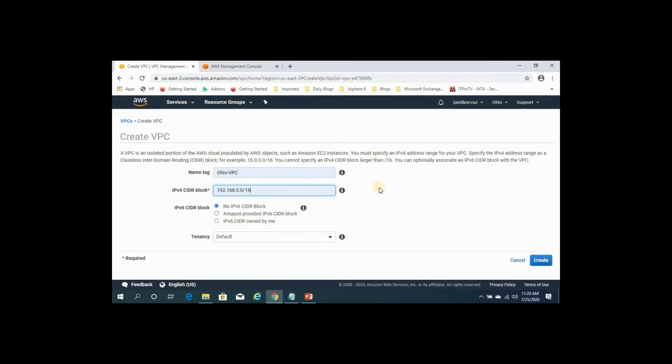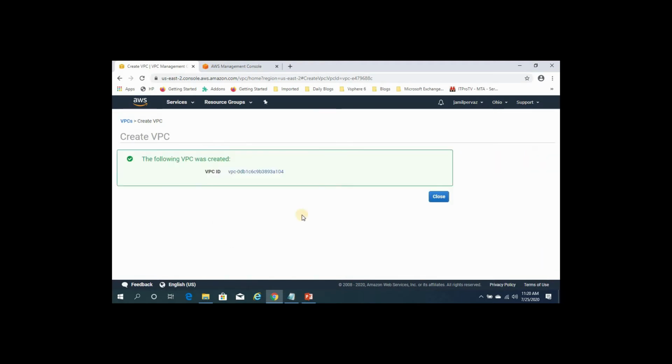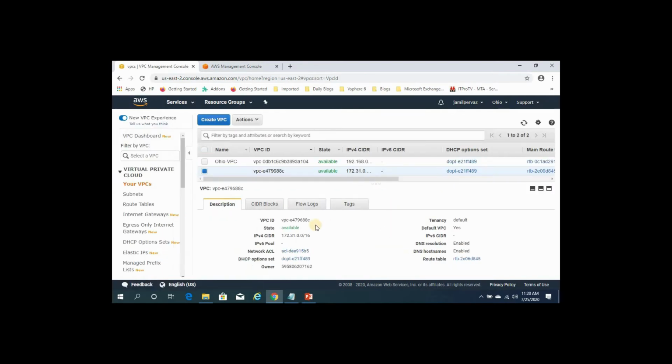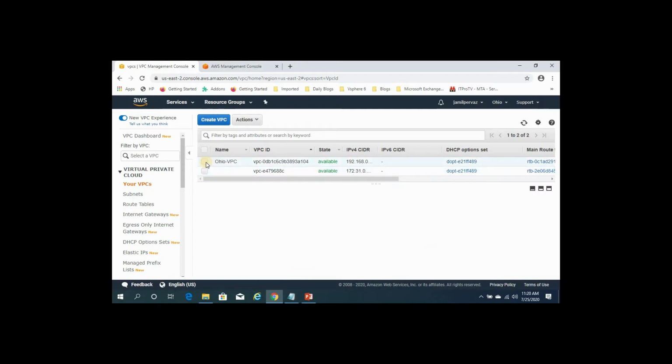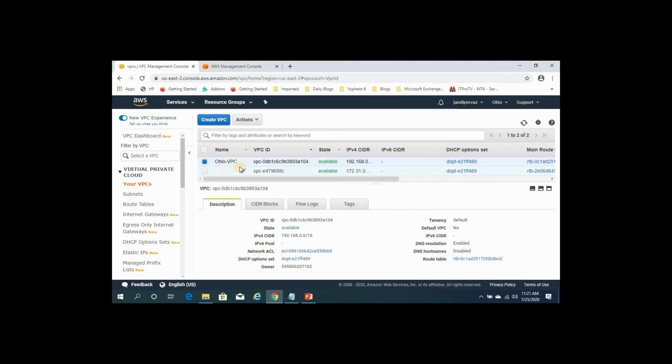Other things leave as default because we are not using IP version 6 in this lab. Tenancy default. Click create. Click close. Okay, so our Ohio VPC is successfully created.